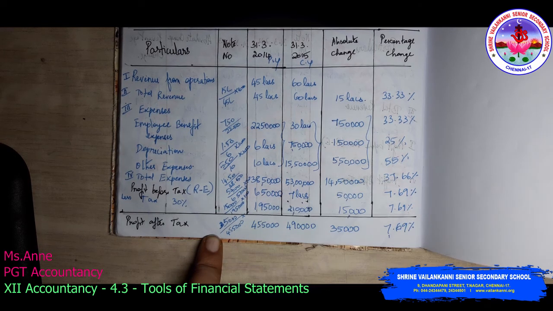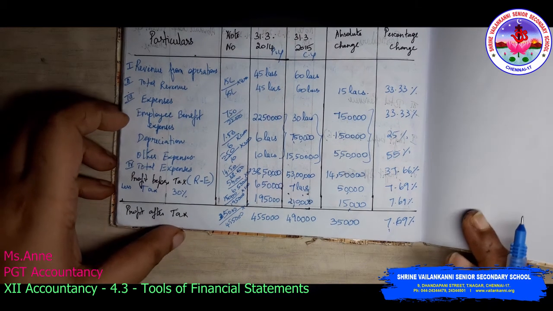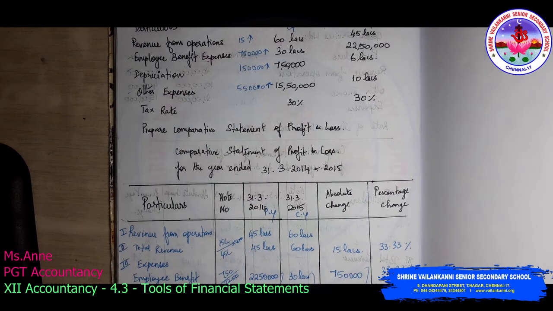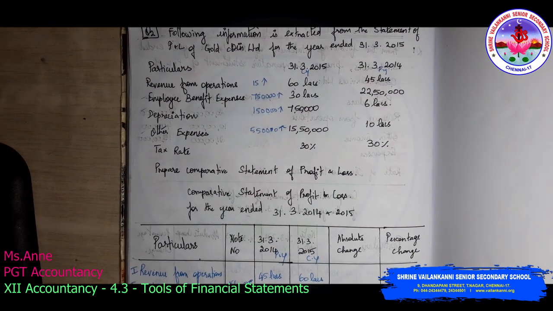Okay, so this is what we have got as the answer. Please make sure that you practice such problems. These are all very basic problems where you can easily get the 4 to 6 marks that are allotted for these problems.